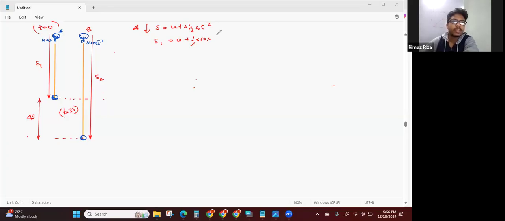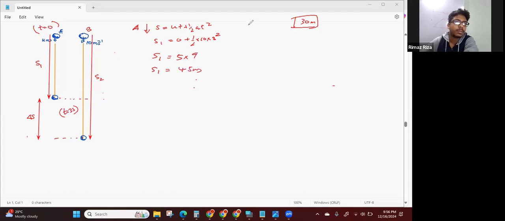I got another answer, 30 meters. In fact, I think that's the correct answer. For me, it will take only 2 seconds to get the answer. I will tell you how I get it. So S1 is 5 into 3 squared, which is 9, so